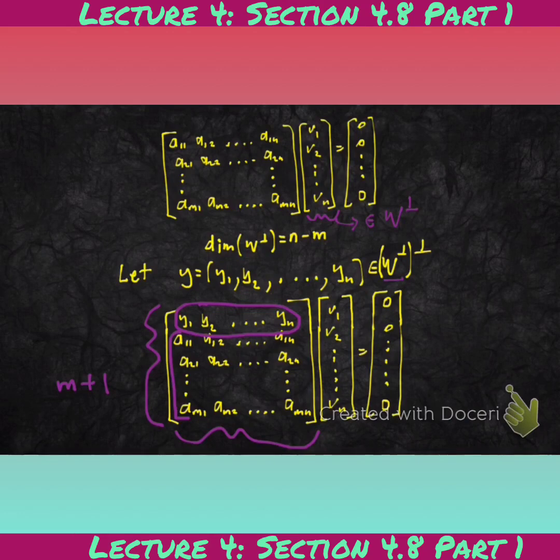So because there are m plus 1 leading variables, I will get a general solution for this whole system that has n minus (m plus 1)